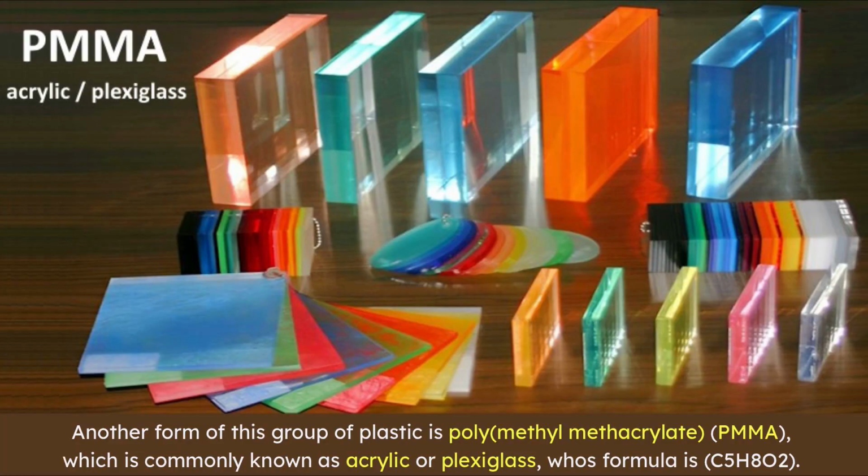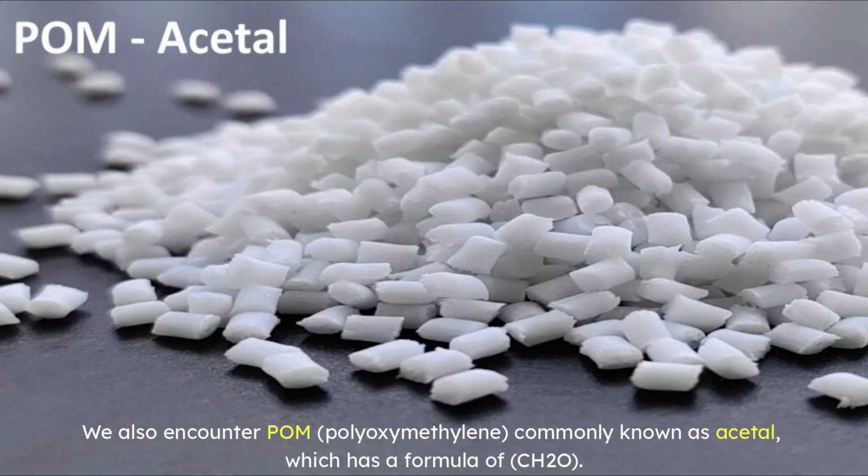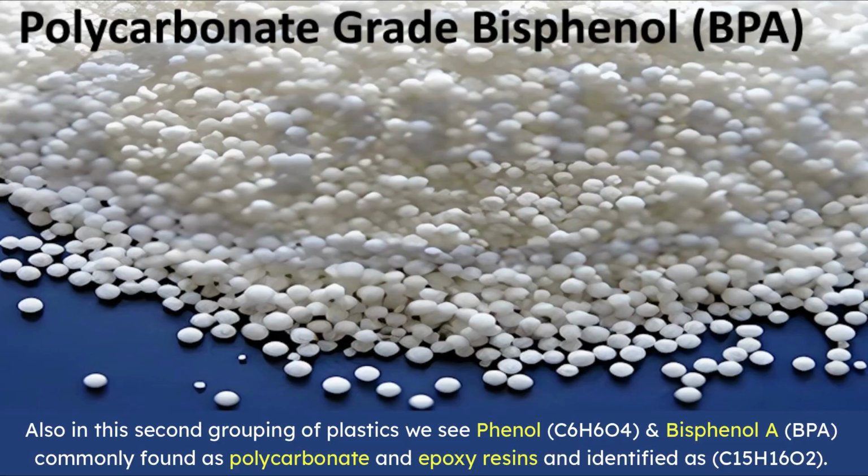Another form of this group of plastic is polymethyl methacrylate, PMMA, which is commonly known as acrylic or plexiglass, whose formula is C5H8O2. We also encounter POM, polyoxymethylene, commonly known as acetyl or acetal, which has a formula of CH2O. Also in this second grouping of plastics we see phenol, C6H6O4, and bisphenol A, BPA, commonly found as polycarbonate and epoxy resins and identified as